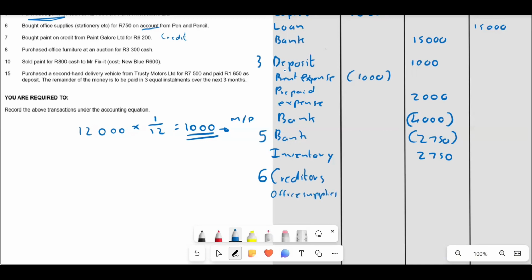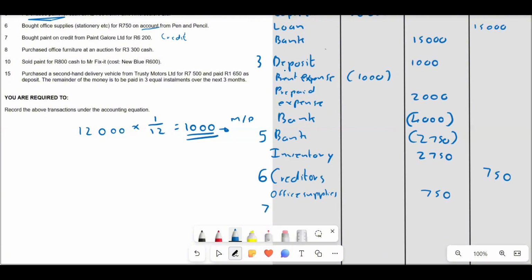Therefore, our creditors would have been increased. Therefore, our liabilities will increase by 750. And then our office supplies, which is an asset, is going to increase by 750. I hope that makes sense. Then on day 7,